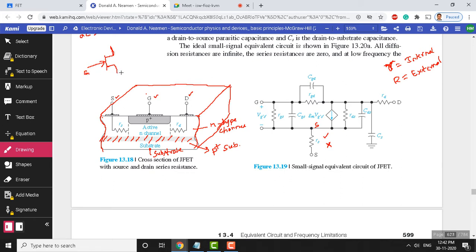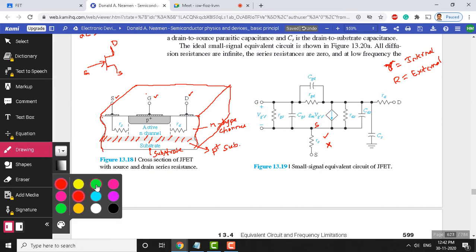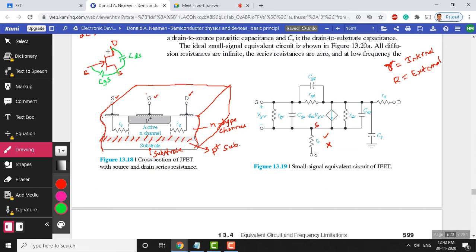So we have a gate here, and source and drain here, and I would like to show different elements. RGS we have seen, RGS and CGS. I'll show capacitances here because drawing too many things becomes complicated. So this is a capacitance between gate and source, which we call CGS. There is a CDS also, a capacitance between drain and source. This is CDS. There is a capacitance between gate and drain also, CGD.